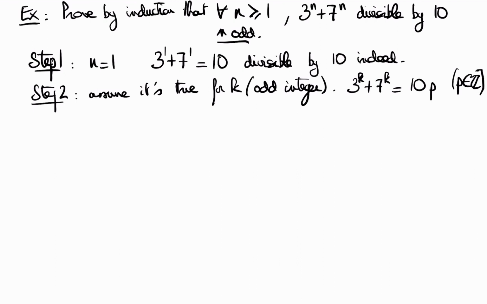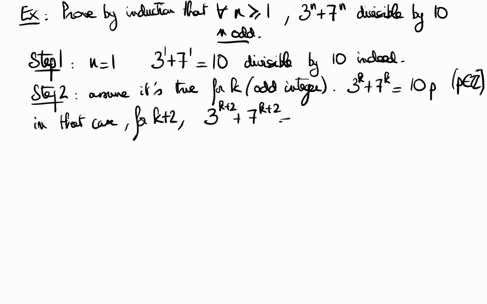Okay, so in that case, now the next odd integer is k plus 2. So for k plus 2, so 3 power of k plus 2 plus 7 power of k plus 2 equals,